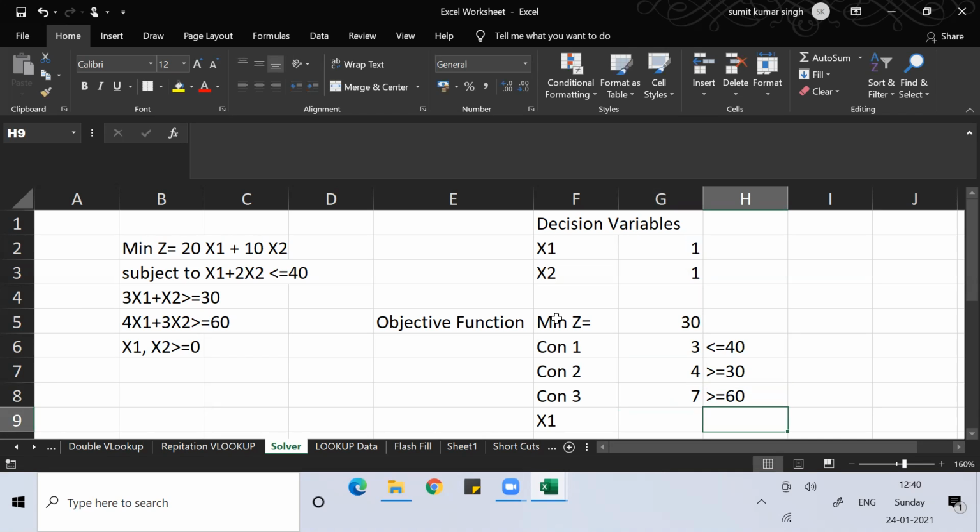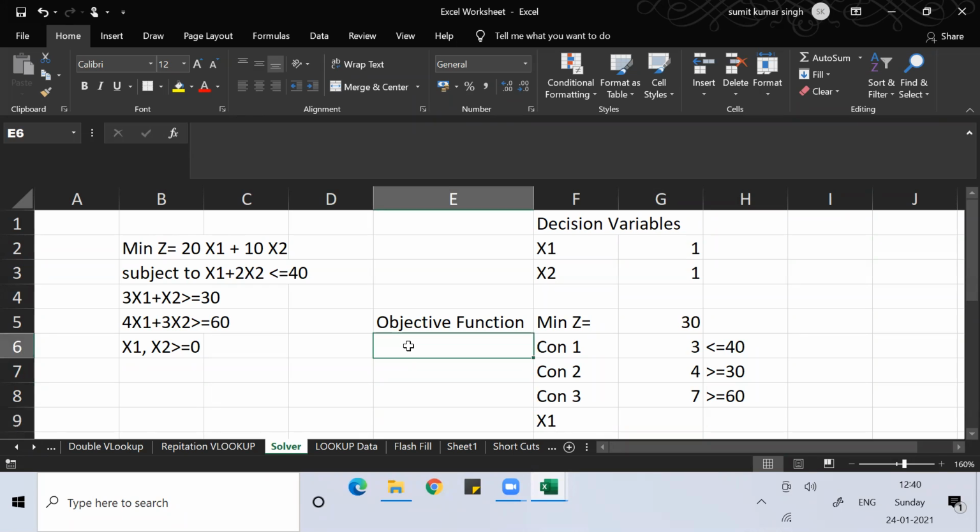So these are the three constraints I put, and whenever we solve a problem in operations research, we put something called a non-negativity restriction.